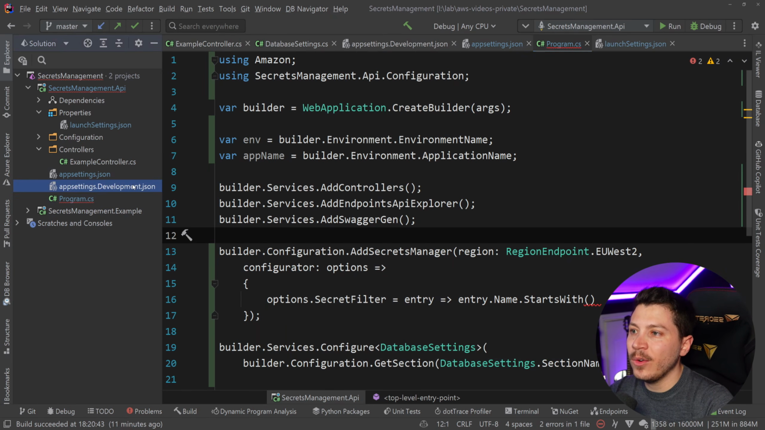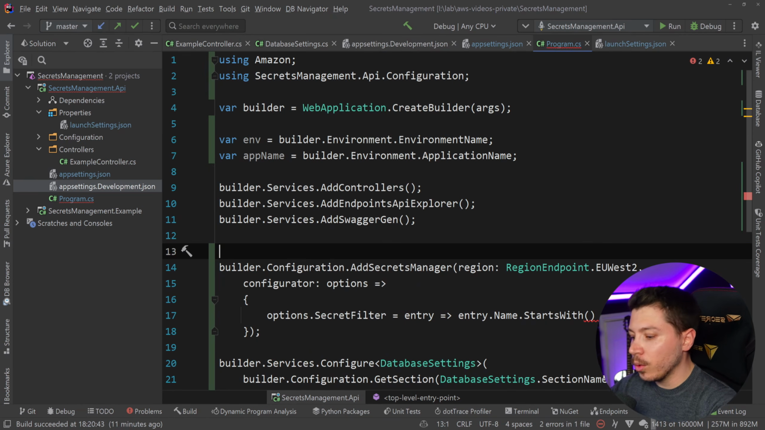So development here is really referring to the development environment, not so much with the localhost running. Some people use a different name. Some people use the local name to differentiate between the two. But if you want to not load those things when you're working locally and just use your user secrets instead, you can do